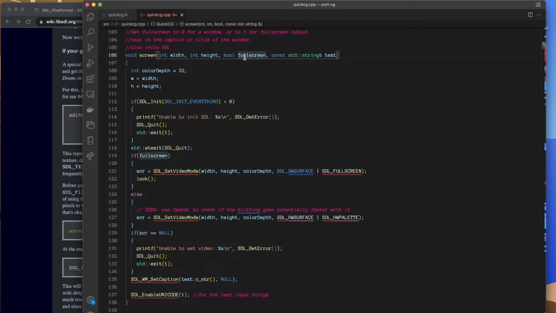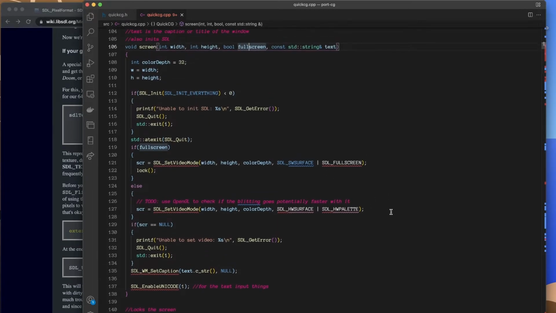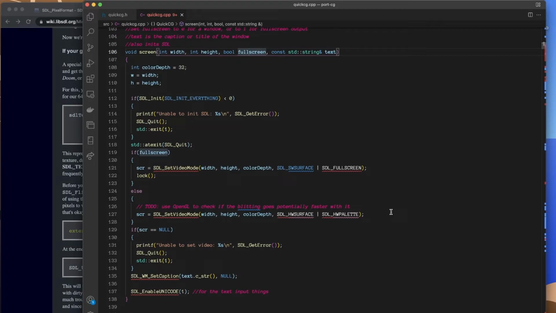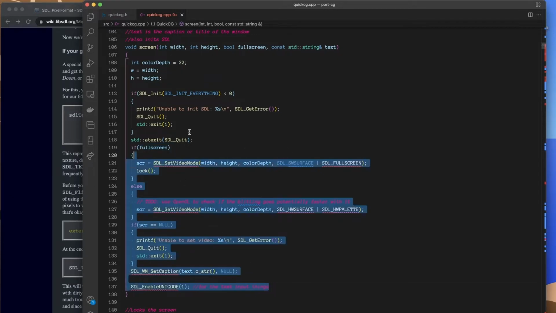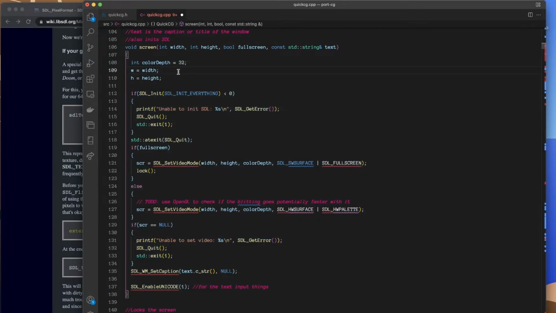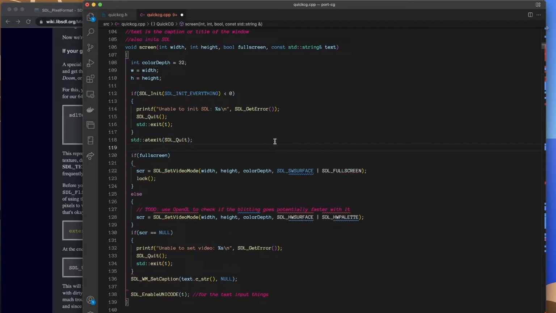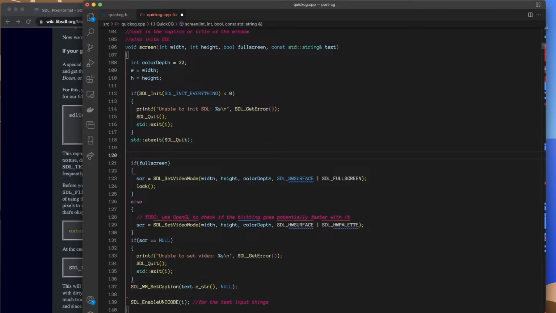We have whether we want to be full screen or not, and if we're, okay, let's not worry about the full screen checks. That'll be one simplification that we'll make. We'll say